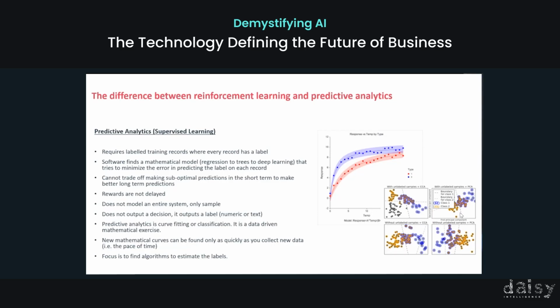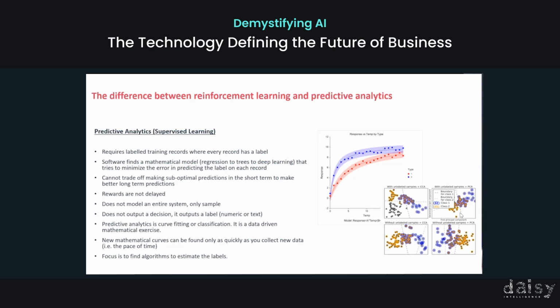There's a label. You're predicting a sales number. You're getting a sales number. It doesn't tell you what to do with that necessarily. There's no action that's tied to the outcome. And normally you would have to have a decision framework that you would wrap around a model. So essentially it's really curve fitting of a sort, fitting data. It's typically a purely mathematical exercise where you're trying to learn a complex mathematical pattern and fit that to the data. And so new mathematical patterns typically can only be found as quickly as you accumulate data. So you would do a test in the market, collect the data, try to build the mathematical patterns, execute, collect the data.